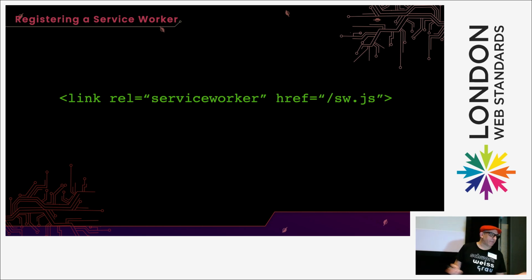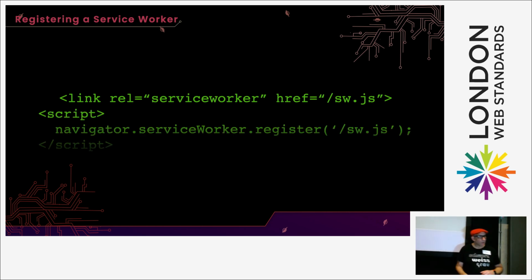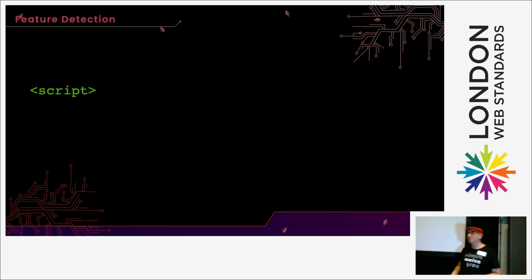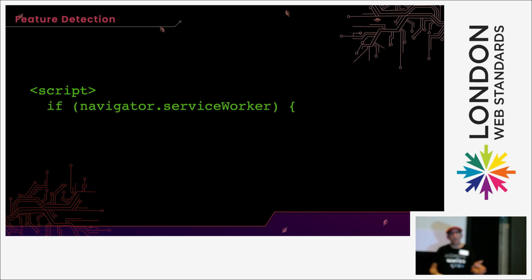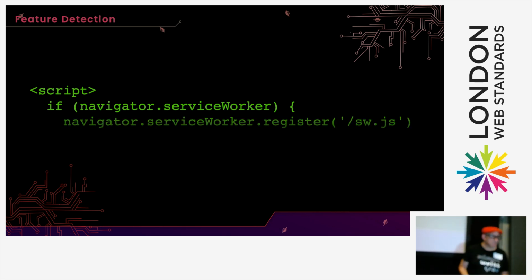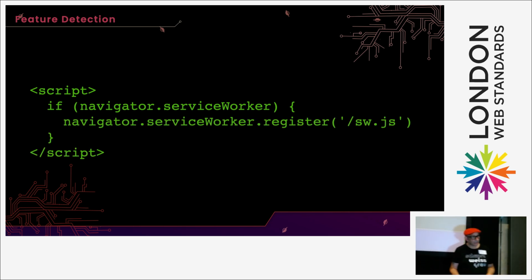We can call a service worker using a link tag or using a script tag. So in there we've got, here is the service worker, just like a style sheet, and there is a reference to my style sheet, simple. We can also check for features. We can say, if my navigator or my browser has service worker, load it. And if it doesn't, that means my piece of JavaScript there is not going to knock over and fall over my website. Does that make sense?